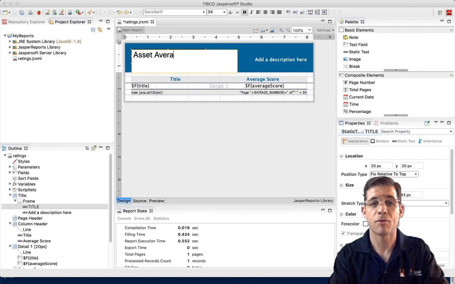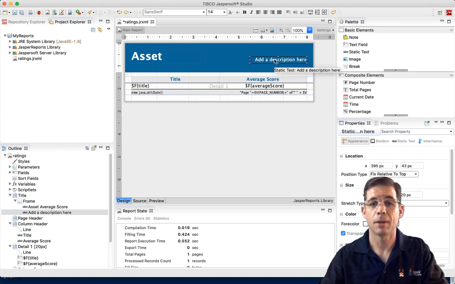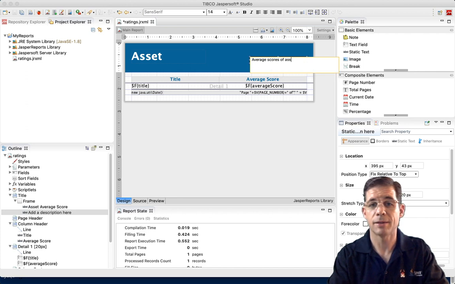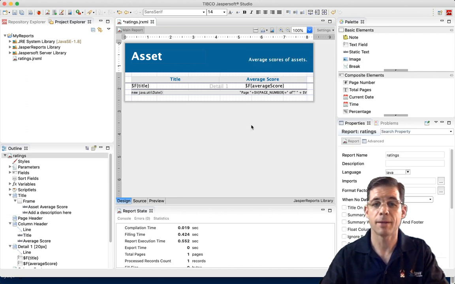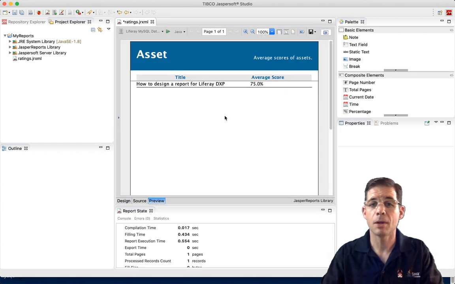asset average score, something like that. And this would be the average scores of assets. That's the description, something like that. Click preview. Here we go. Well, that's all well and good. How do we get this report to be viewable from within Liferay DXP? Well, let's save it